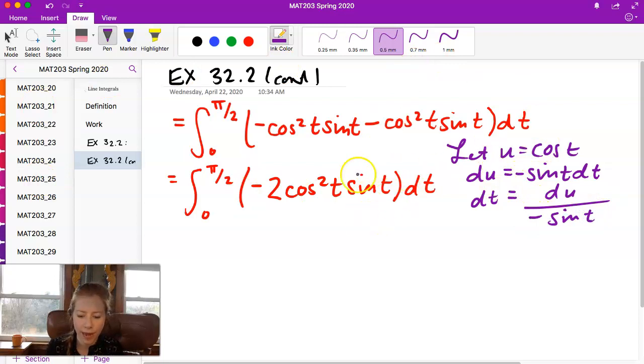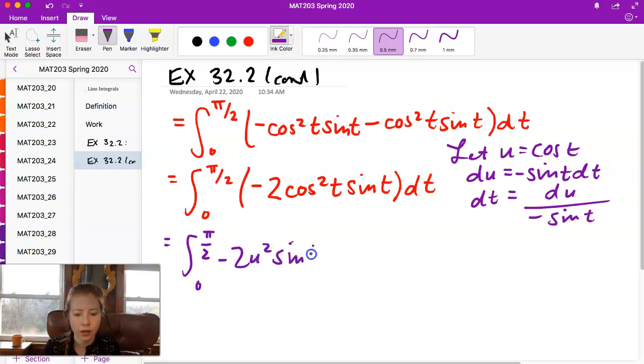Okay, so going back, this is going to be the integral from 0 to pi over 2 of minus 2 u squared sine t du over minus sine t,